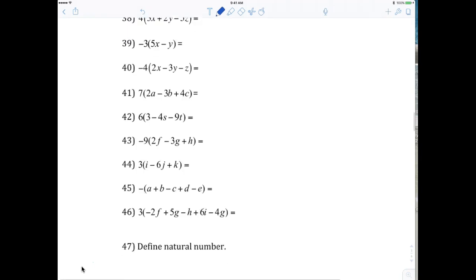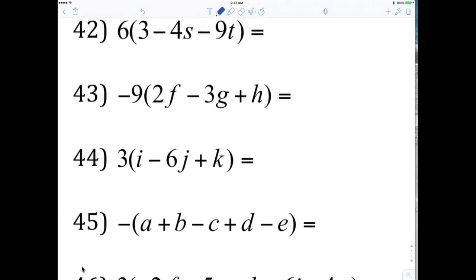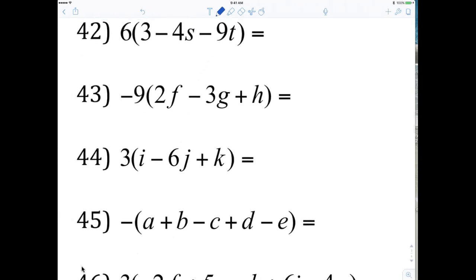Now let me go through one though. Let's look at 43. Everybody look at 43, and then someone tell me the answer to 43. Is everybody okay with that? Everybody's happy? All right, so you have to be careful when you distribute a negative, you change the